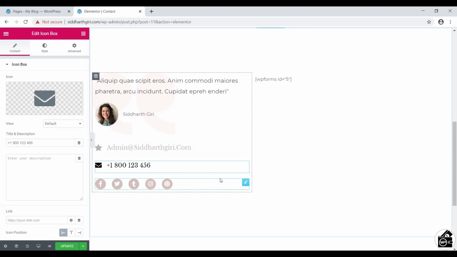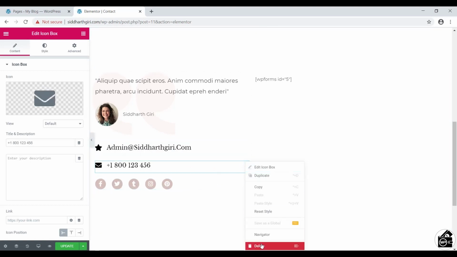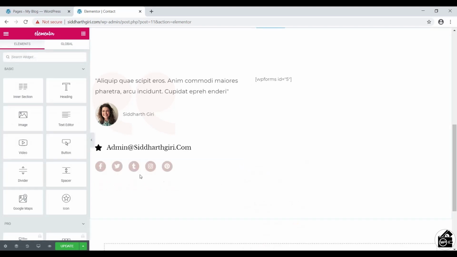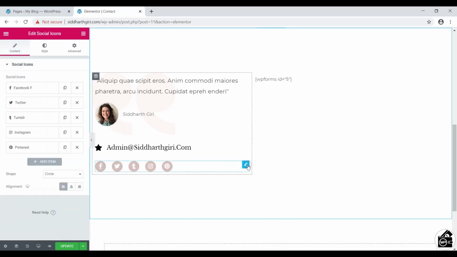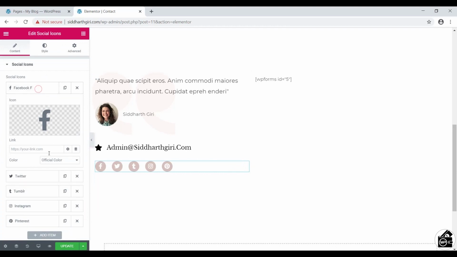And if you want to remove something, then right click on the blue pen icon, then click delete. You can change the text, image, font, icon, link and almost everything that you want.